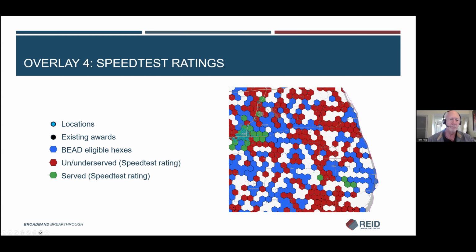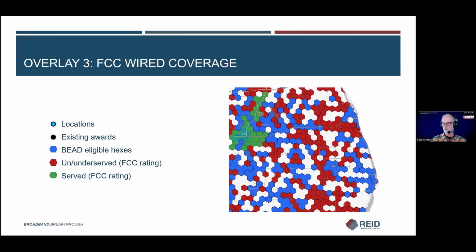So then we throw the speed tests in the mix. You see it doesn't change a whole lot. You'll notice that up here around the airport, some of that is testing pretty poorly, even though it's claimed as being served. And you have a couple of locations down here in rural areas that actually are testing much better than what the providers are claiming. So at this point, this is what we would use to run our calculations, to grab all the hexes that have any locations that are still the light blue.